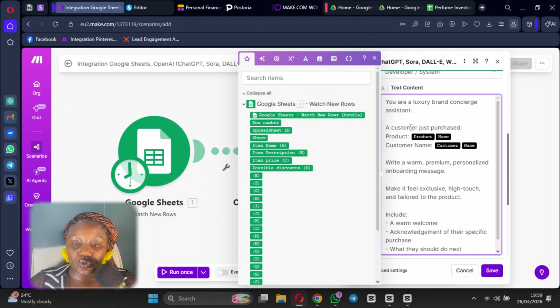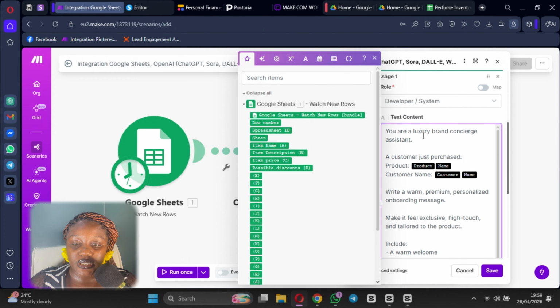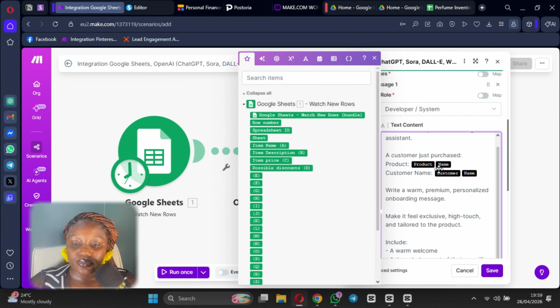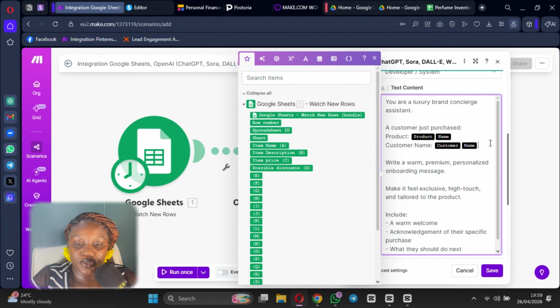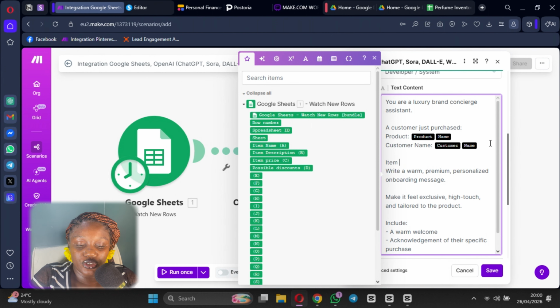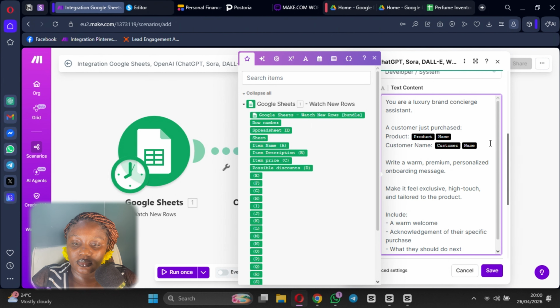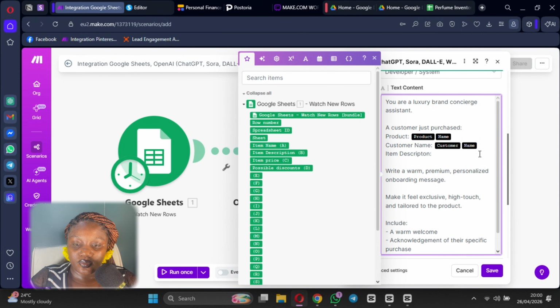So what I'm going to do here is a customer post-search. I'm also going to add item description here, just so it can use that to write the